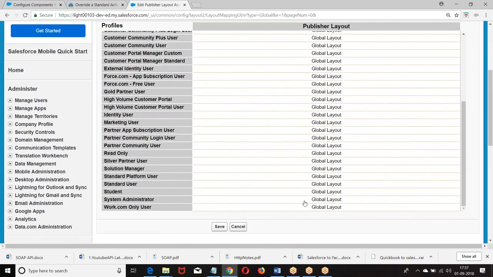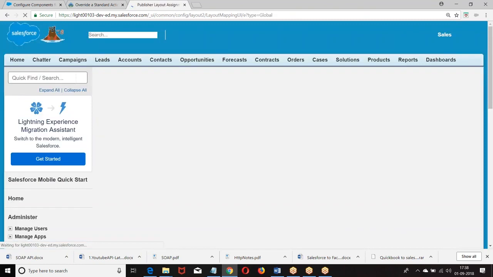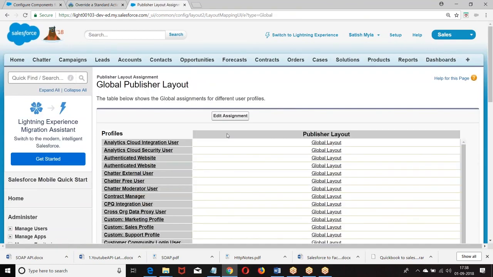Go to administrator. If you have any different layouts, you can choose them. But I have only one layout, so no issue with that. But if you have multiple layouts, you can define them. Then you go to the page layout and add this global action to the page layout. I hope you're good. This is what? Classic. In the classic, I can create a Visual Force page and add a global action.